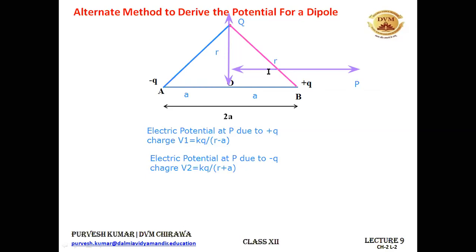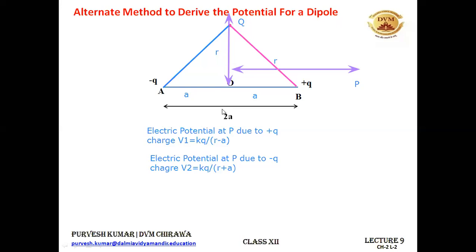Then find out the electric potential at Q because of the charge present at A, and also the electric potential at Q because of the charge present at B, and then add them up. This approach we have applied for the case of electric field. When we were finding the electric field because of a dipole, we applied this approach only. We first took an axial point and then an equatorial point, and individually found the electric field, and then we were okay with that. We know the expression for the electric field at the equatorial point as well as at the axial point. But now we have taken the general approach, and this is also one thing that you can do in order to save up your time.